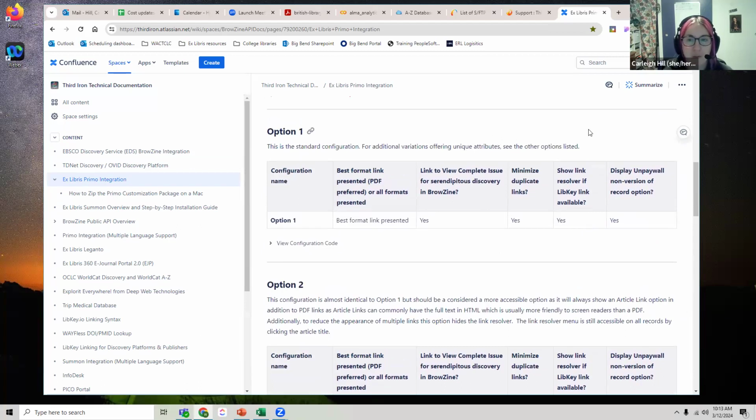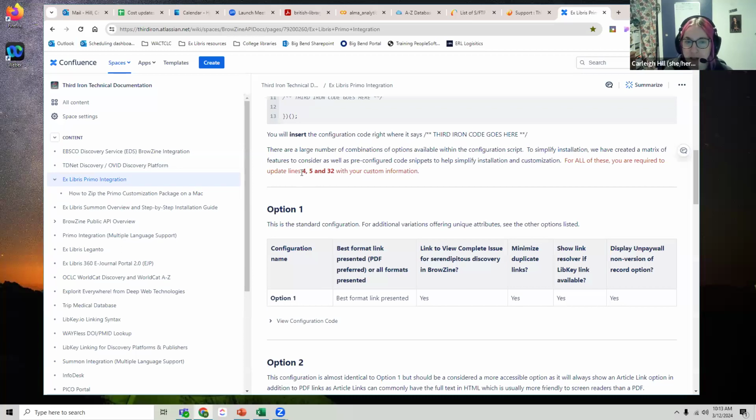But no matter which one you put in, there are a few places that I will customize for your library's information, including your API key, which you receive when Third Iron creates your account, and your Third Iron account number, which you also receive when they create the account. And then the final thing is a